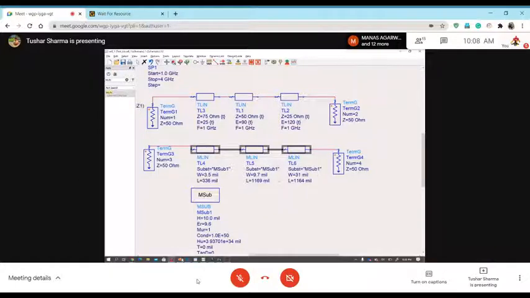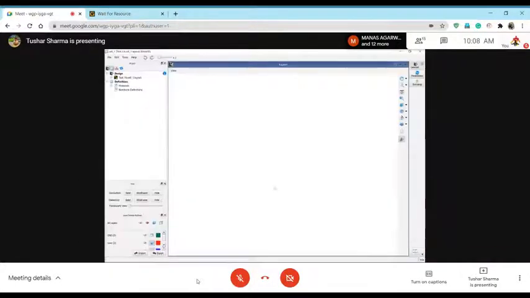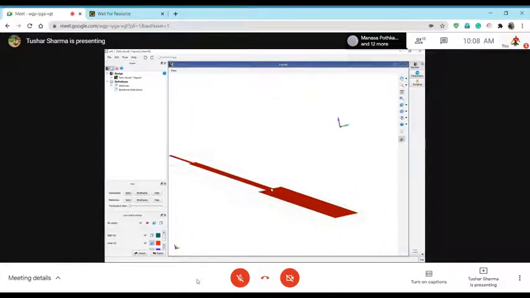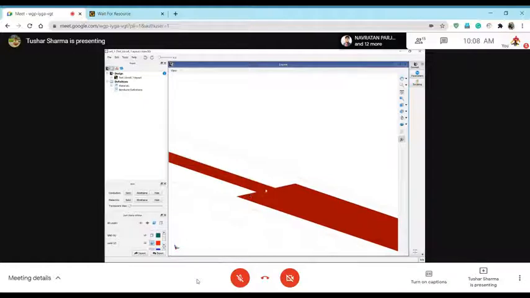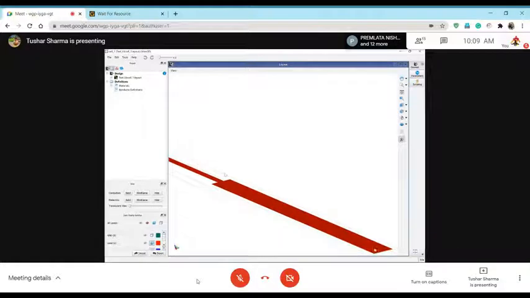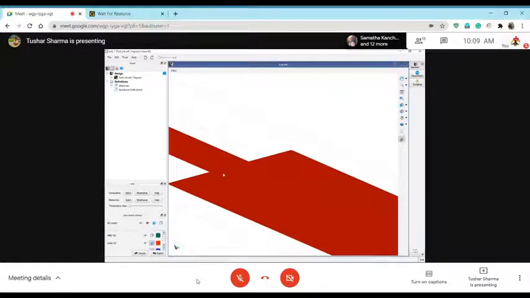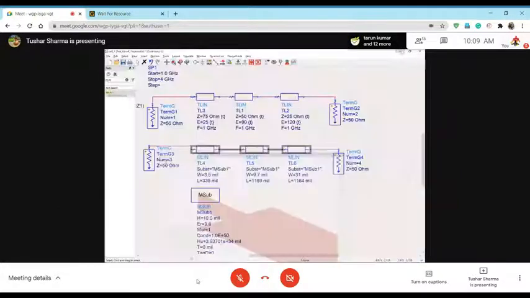This doesn't consider, when I have a line like this, what happens at these corners. You can see, you are seeing it as a transmission line, but this is R, C, L, G through the substrate, and it's distributed all over this line length. So that substrate model is not considering the interaction between this corner and this corner, this big jump from here to here. There is a big discontinuity. There will be a different electromagnetic response from it. So let's try to understand what happens then.